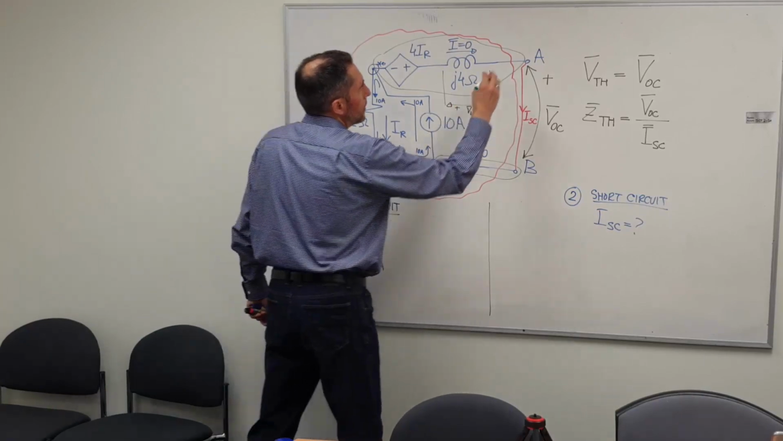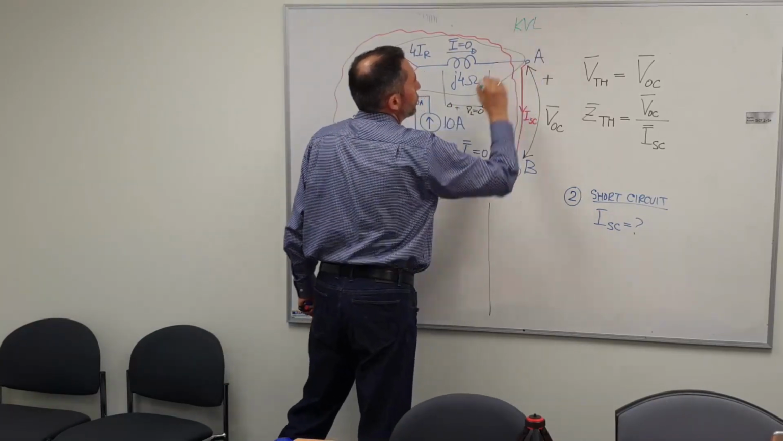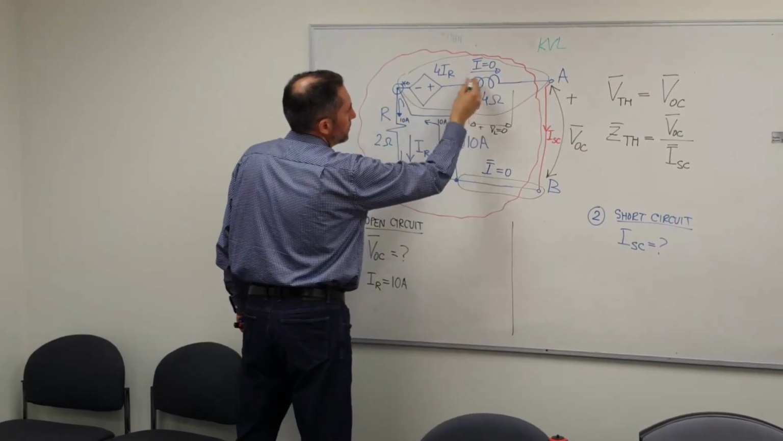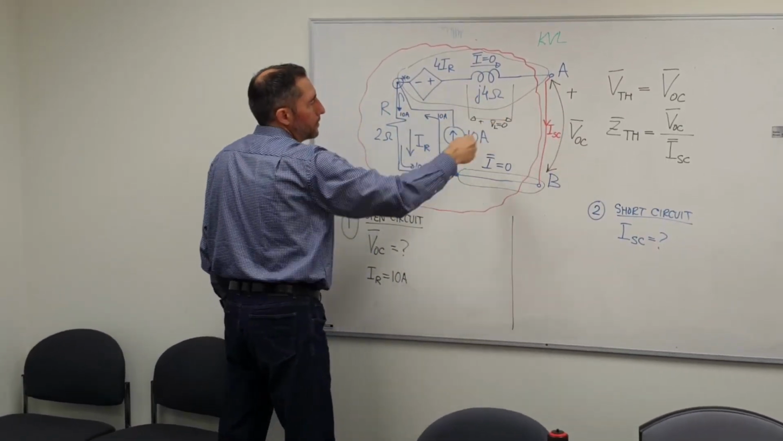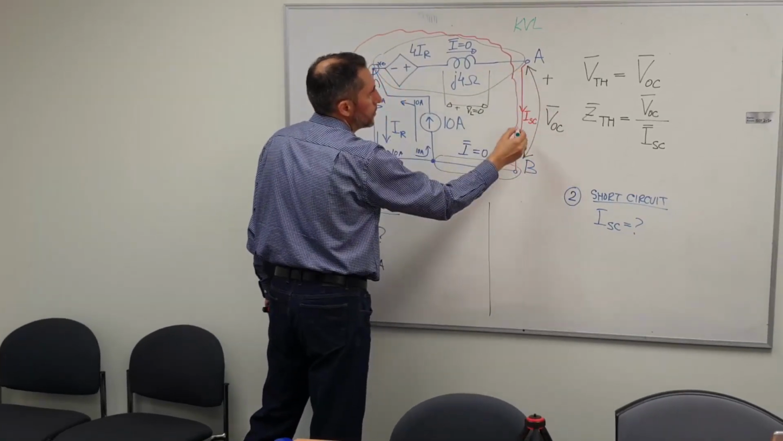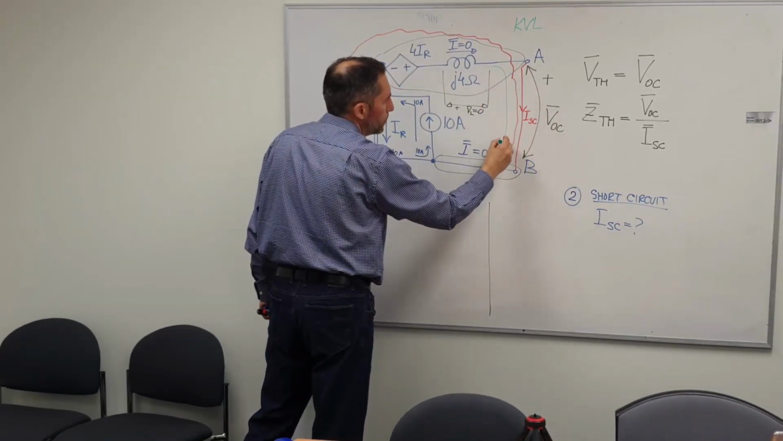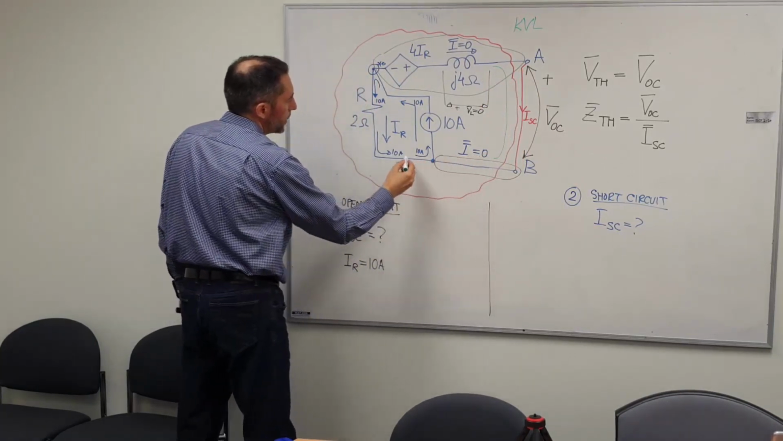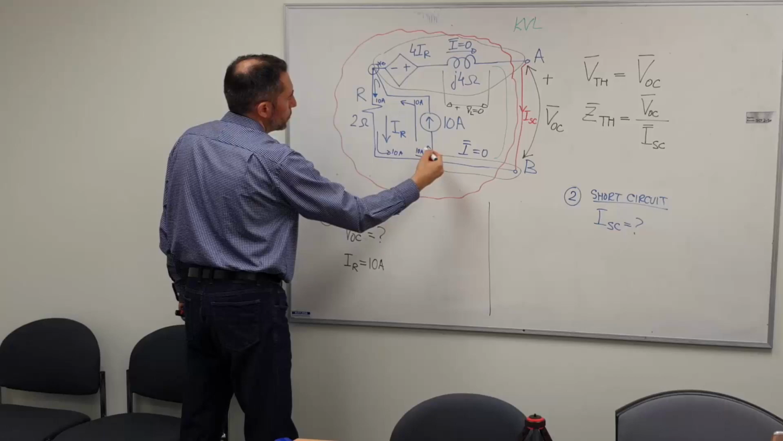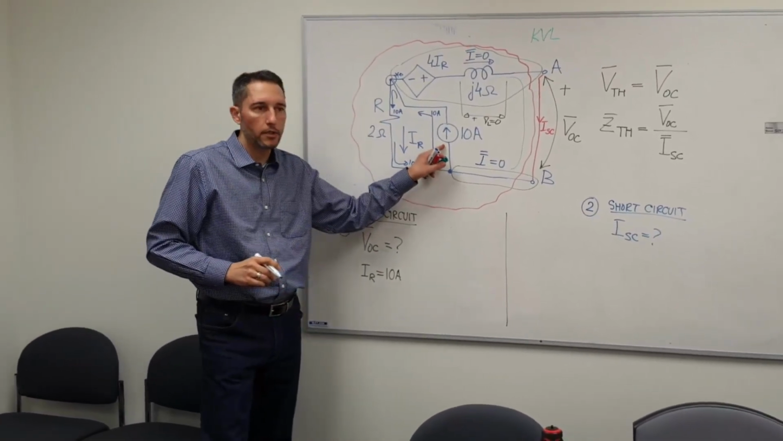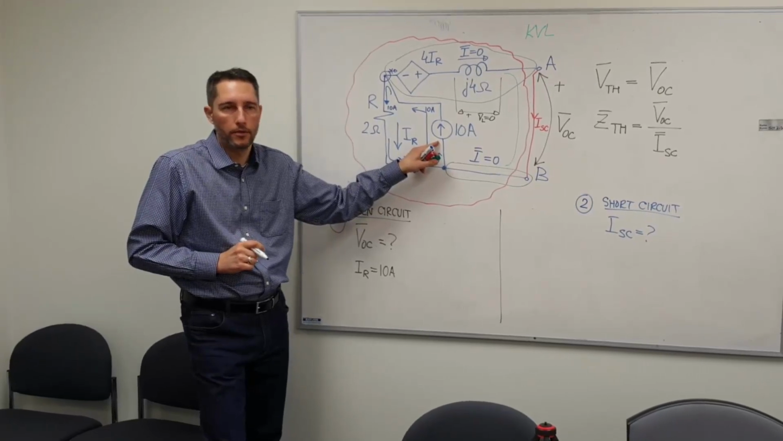Okay, so we need to write KVL for a loop. For example, we can pick the loop in this direction or in the other direction. That doesn't matter. What does matter, we need to include this VOC because that's what we want to calculate. So that's part of the loop. And then on the other side, we can either go through this source or through this resistor. Now, I don't want my loop to go through the current source because I don't know the voltage across that